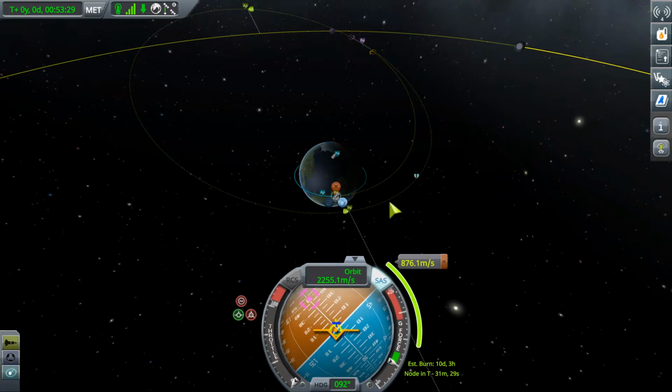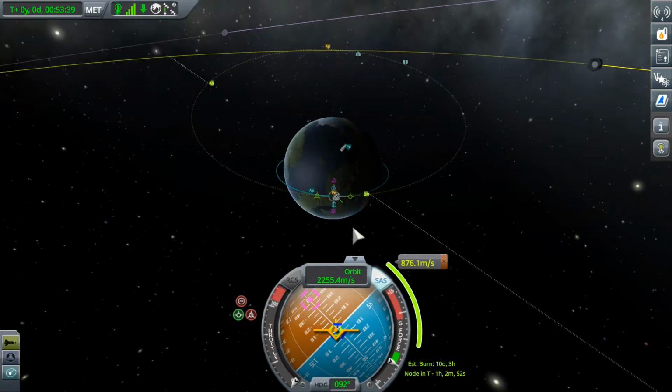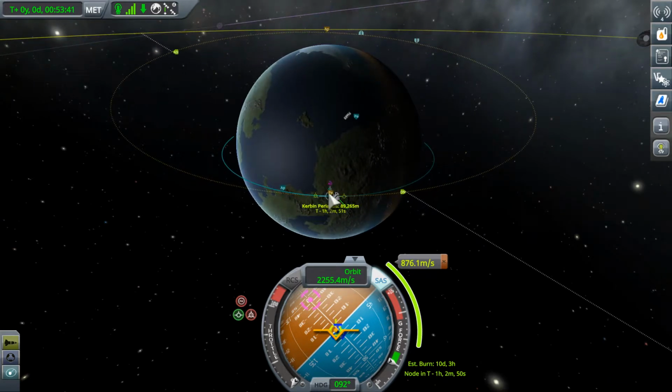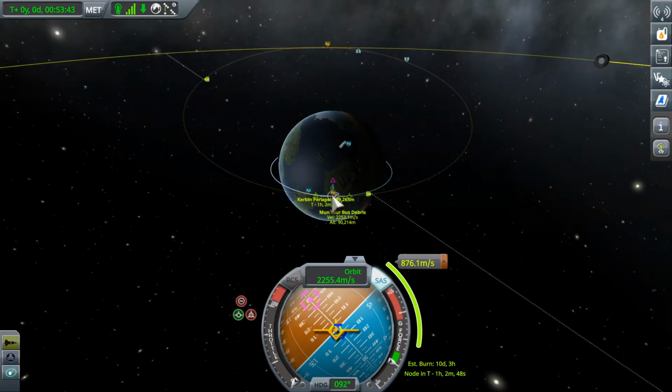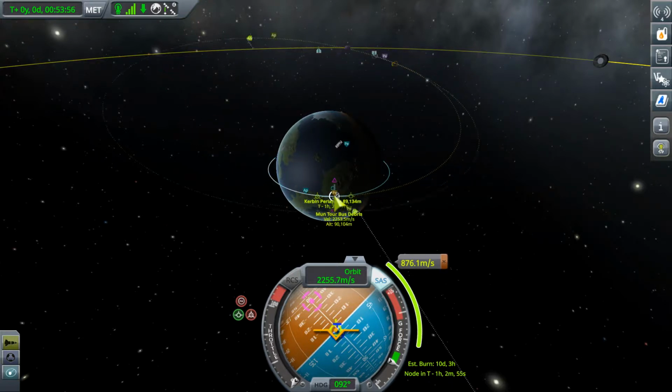Can I just delay it by a day? What's gonna happen to us then? We'll still get to the moon. It'll be fine. Not a day in orbit. Let's take this encounter and shift it. We don't even get an encounter if I do it this way. But like this, we do...